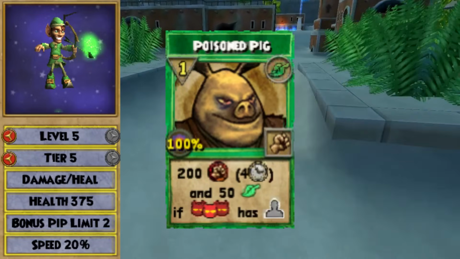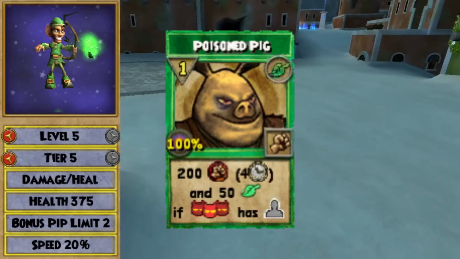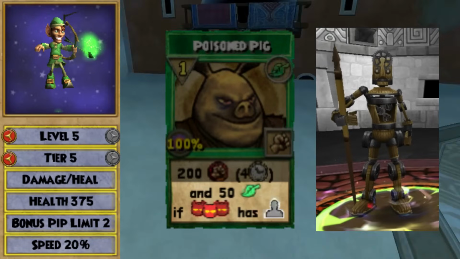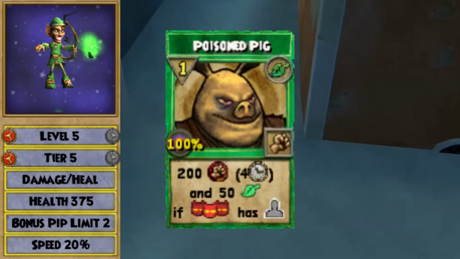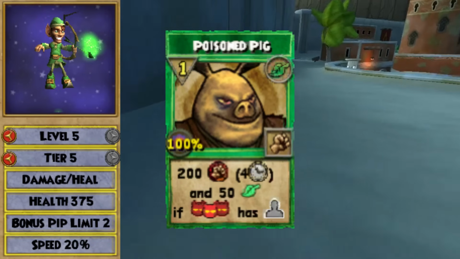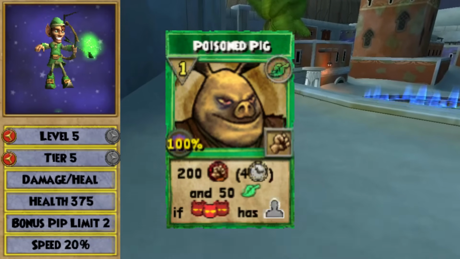For 1 pip, Poison Pig casts a 200 damage over time on your opponent, along with an additional 50 damage if your opponent has a minion up. This spell's alright. It's super strong on myth forms, since every tick, including the conditional damage, will get an added 25 boost, but